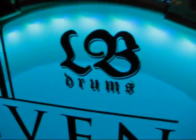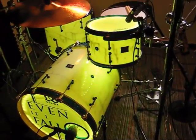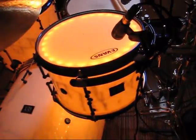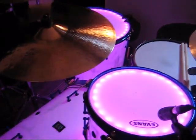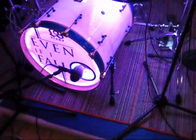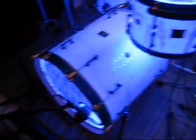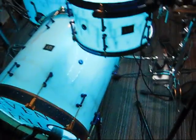So starting with the equipment, of course there are my beautiful, you all will know them by now, my beautiful LB custom drums. Those are, yes, they are phenomenal and they glow, I know. So this is a 12" by 8" rack tom, and there is a 16" by 15" floor tom together with my 20" kick. It is all acrylic shells with candy blue hardware. The bass drum got this beautiful blue glitter hoop, golden claws and tension rods,